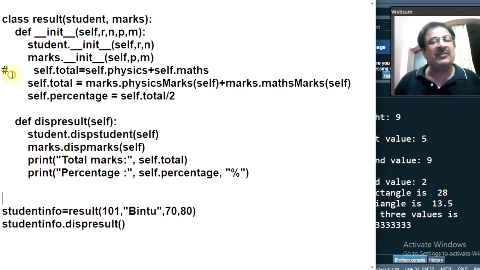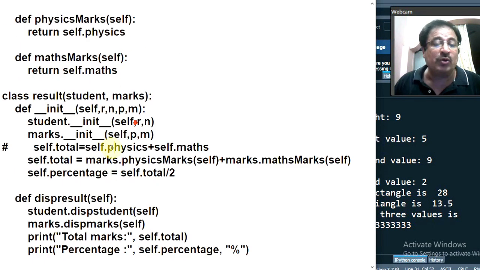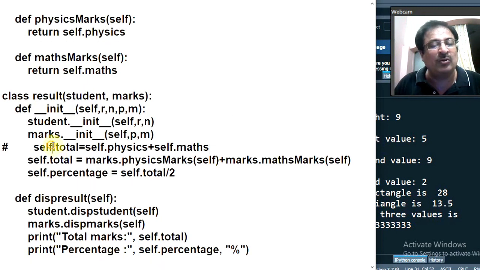After that, the cursor will come over here. I have commented it out. See, here the result class has two attributes, total and percentage. In this total attribute, I want the sum of physics and maths marks of this marks class, right? Because the result is inheriting the student and marks classes, so its method has the right to access its attribute using the keyword self, right? So the physics and maths values assigned to these two parameters will be accessed and assigned to this total attribute